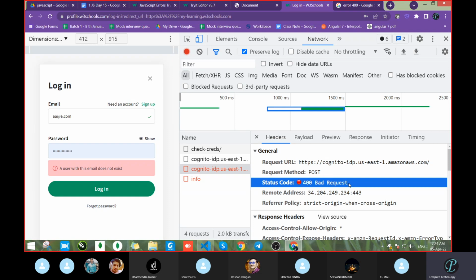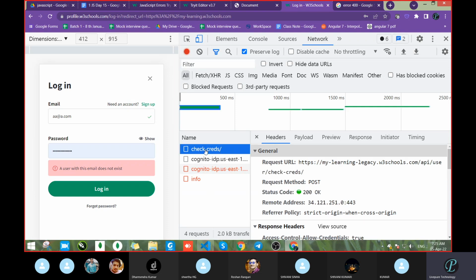Now you can think, if 400 Bad Request comes, what will you observe on the UI? If you are a developer, that's fine, maybe you will get some idea. But if this is a normal user, will he get any message from 400 Bad Request? Will he understand anything? No. So in that case, we have to validate what status code is coming. See, on each request, when you pass data to the backend, you will get a three-digit number. That is known as the status code, and on each request you will get something. On that basis you have to manipulate.